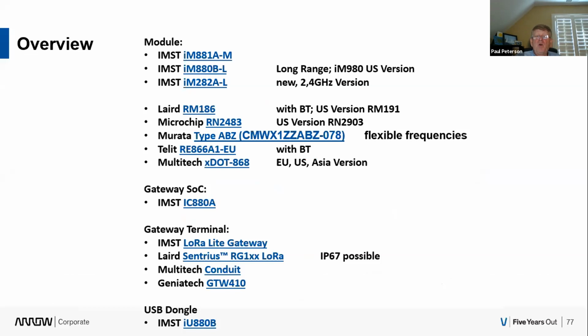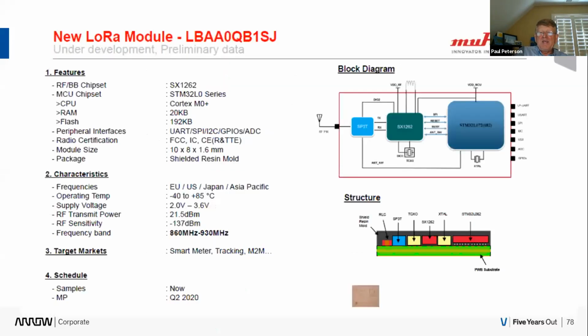I'm not going to go through the whole LoRa hardware, but one of the ways you can tell the standard is succeeding in the marketplace is the sheer number of different module providers emerging, providing not only the modules but also the gateways. So I'll use one example here.